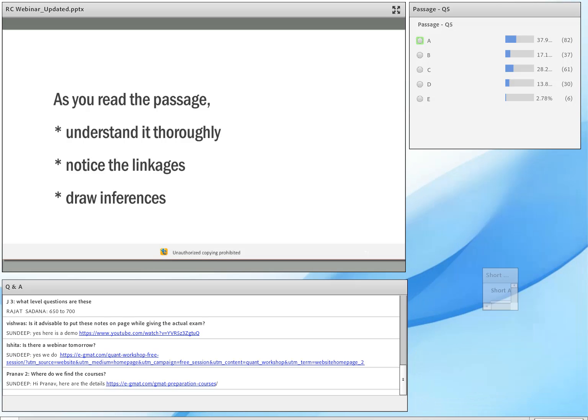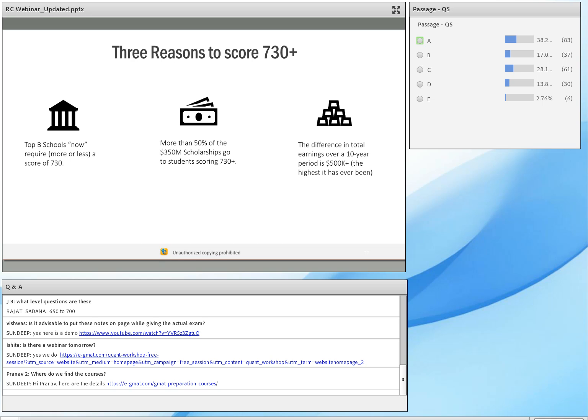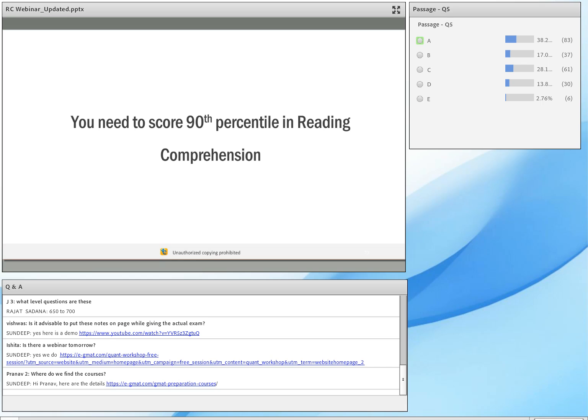Very few of you got all of these correct, which is why this is a 700 level passage. The passage itself was not difficult, but understanding the linkages, understanding the purpose of each and every sentence was important, except where there were details. And it's really important that you master the method to get to that. Why? Because you need to get higher GMAT scores, especially if you're applying for round 1 and round 2 next year.